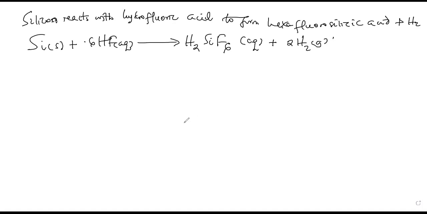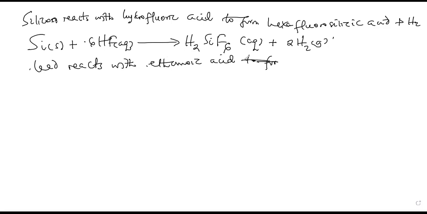Also, lead can react with ethanoic acid. These are reactions with other acids. Lead reacts with the ethanoic acid, and that reaction takes place in the presence of air, in the presence of oxygen or air, to form lead(II) ethanoate